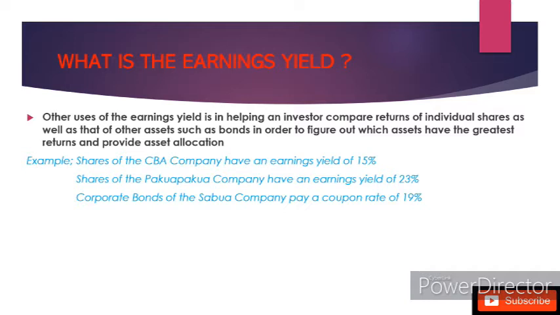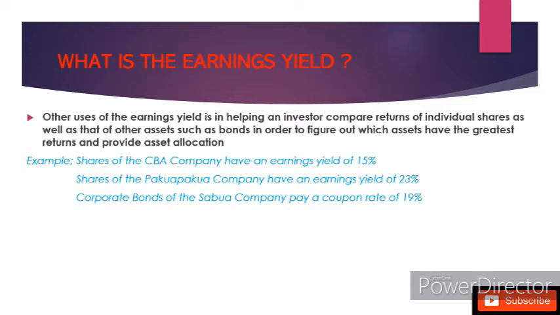To clarify this brief explanation, we're going to use the example given below. There's three different investments, two of which are stocks of different companies from, say, different sectors, and the third one being bonds. Shares of the CBA company having an earnings yield of 15%, shares of the Pakua Pakua company having an earnings yield of 23%, and corporate bonds of Sabua company that pay a coupon rate of 19%. Out of these three investments, the one that shows greater returns is the Pakua Pakua company